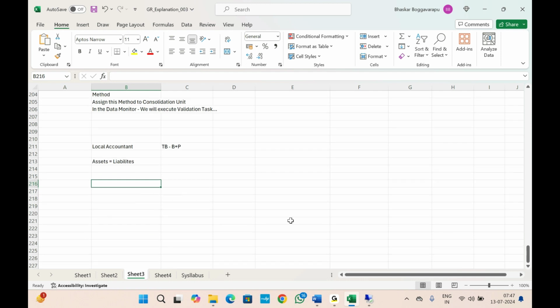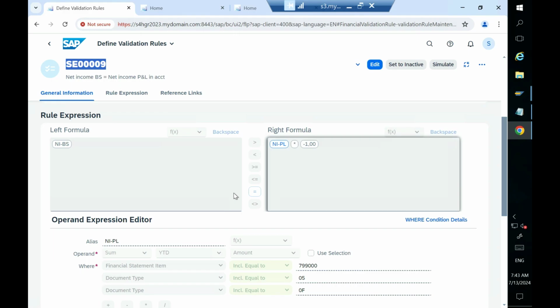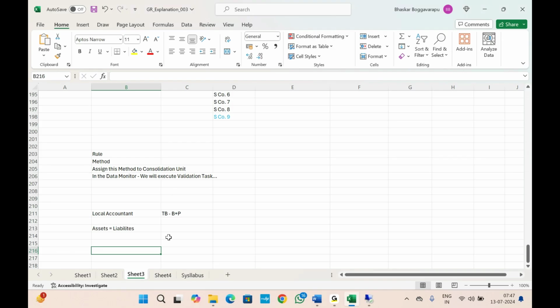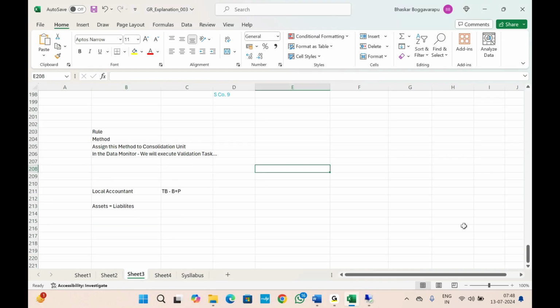See, left hand side and right hand side are not source and target. No, this is not source and target, sir. Okay, one minute, sir. You try to understand what I'm talking about here. See, I'm not talking about the FI point of view. Once you are in FIGL, I'm not talking about that here. I'm talking about the GR. Please remember, we are in the GR. So in the case of FIGL, once your business will